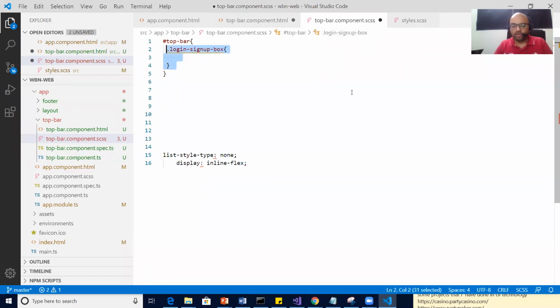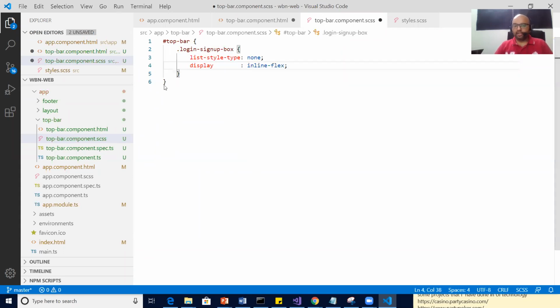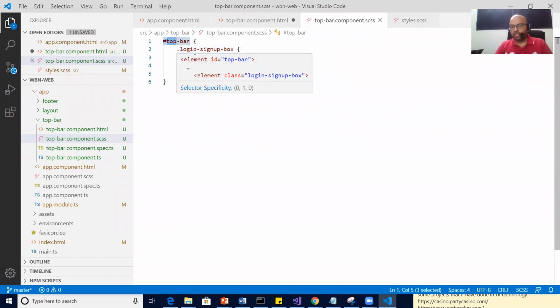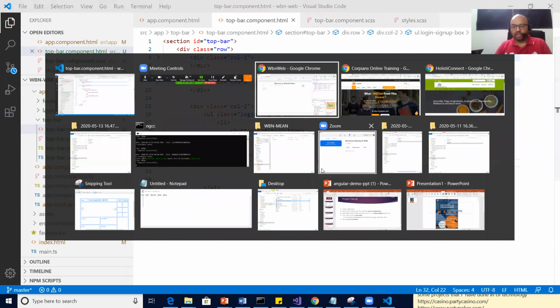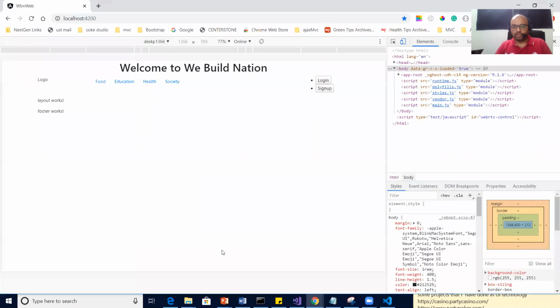Did you understand this part or not? Yes or no? Yes, sir. All of you? Correct? So my first class I have added for this component, login sign up box. So right now you will see it should work after refreshing.